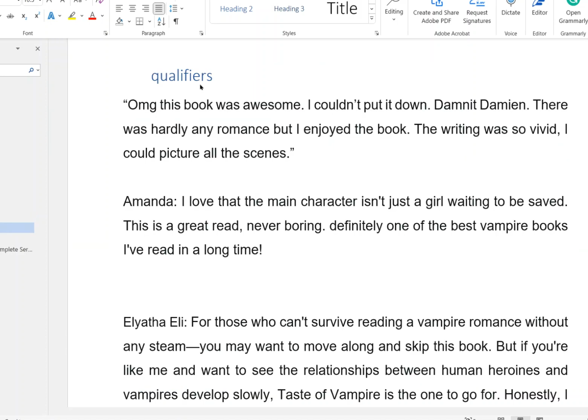So finally, the last one is qualifiers. I haven't found a better way of naming this, but basically a qualifier would be something that addresses a confused reader who won't buy it, even if they know what it is. I haven't given them enough detail yet. I want to accurately describe my book so I don't give the wrong impression, or else people will be dissatisfied with the story. So the main one is, because this is a vampire romance,